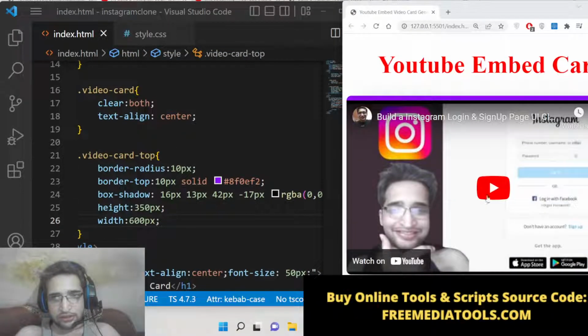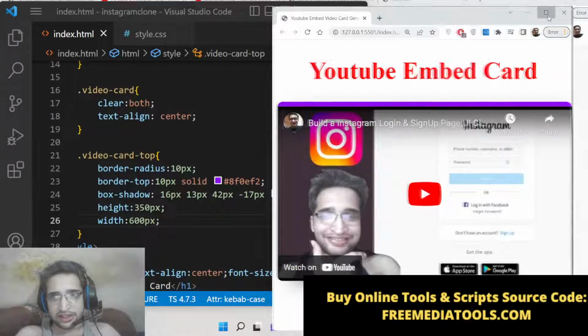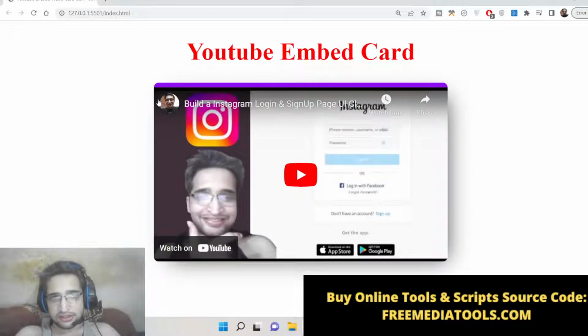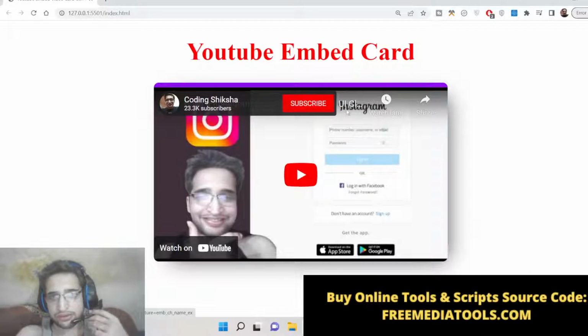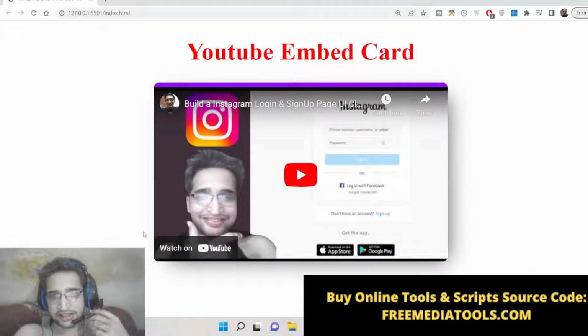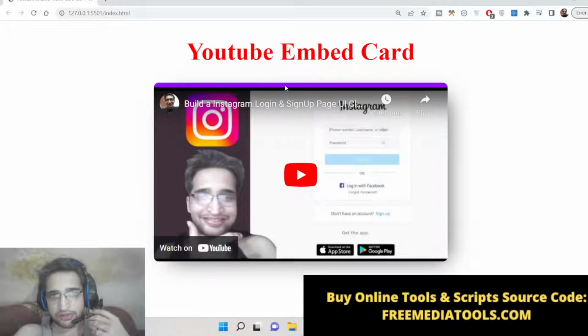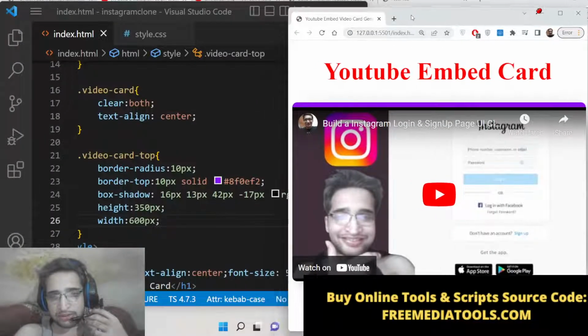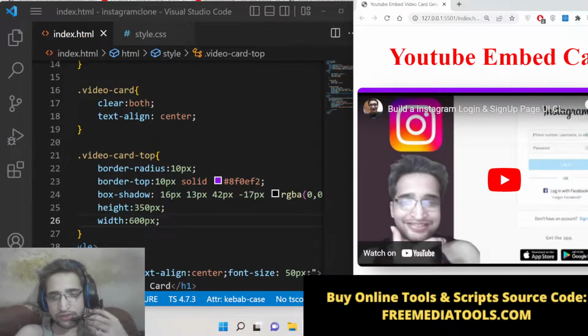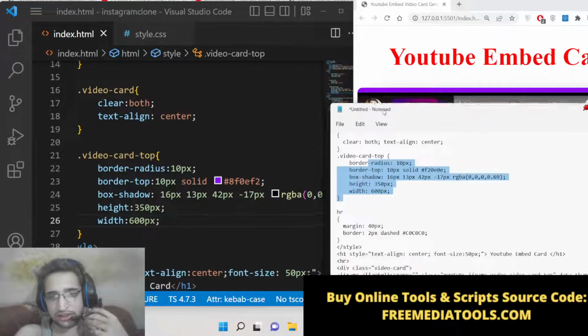So you can now see, now it is a wide card here. It is looking pretty good now. A fixed width and height, and you can see the box shadow effect appearing, and this is a border which is given here. A simple and sleek design made up of HTML and CSS. We haven't used any sort of third-party framework. It is just